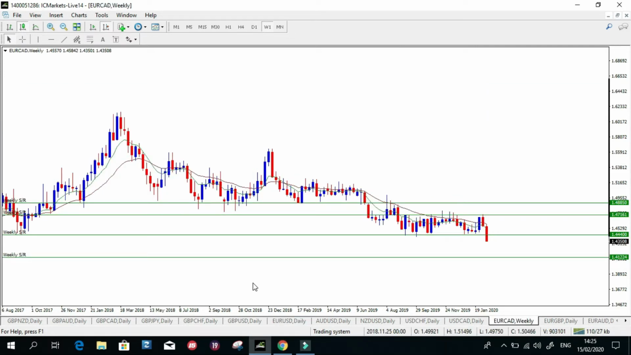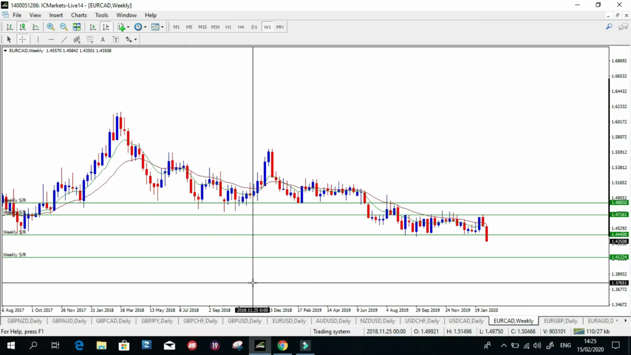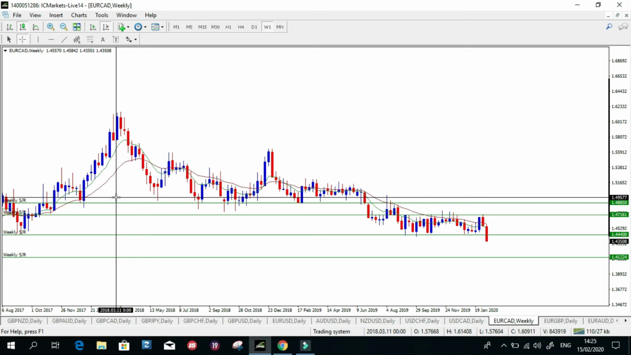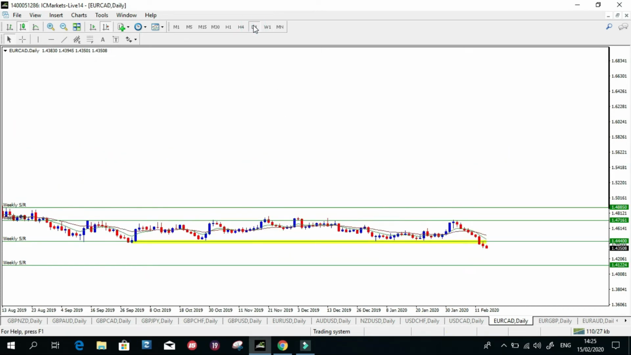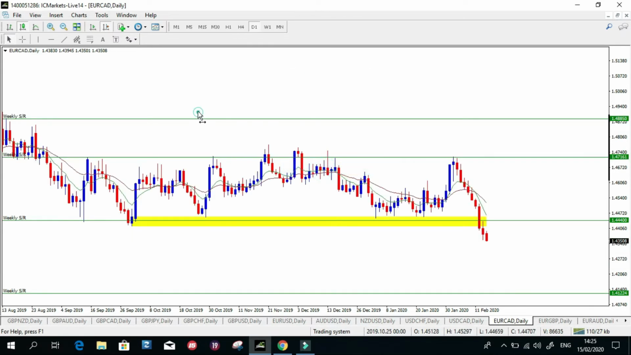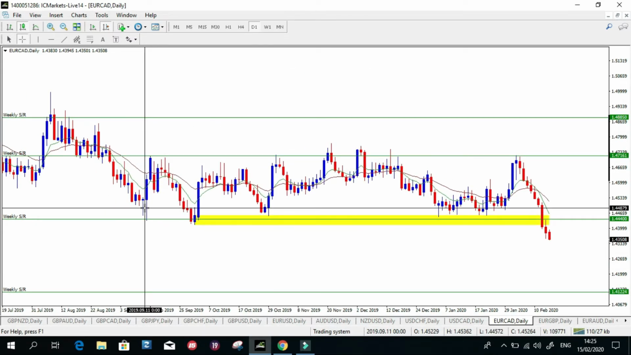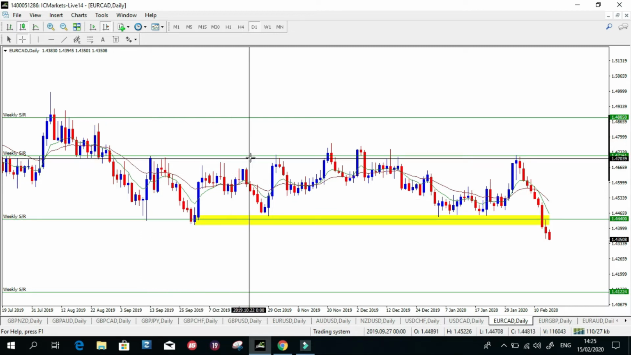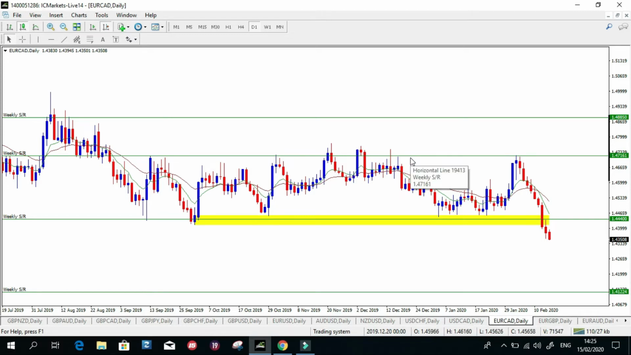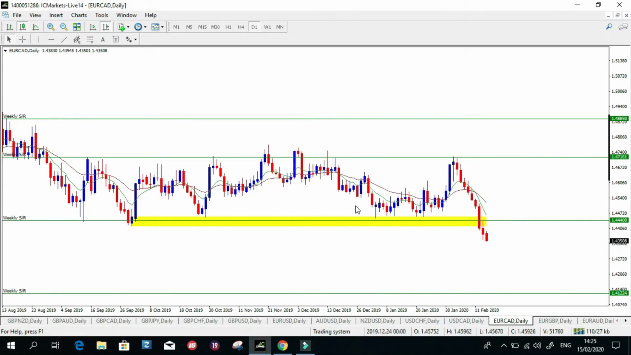Next we have the euro versus the Canadian dollar. We can see from the weekly time frame that this pair has been in a downtrend since March 2018. On the daily time frame, we can see that since last September, this pair has been trading in a range between support 1.4440 area and resistance 1.4715. And in the beginning of this month,